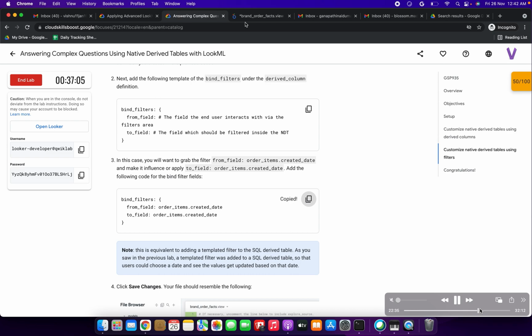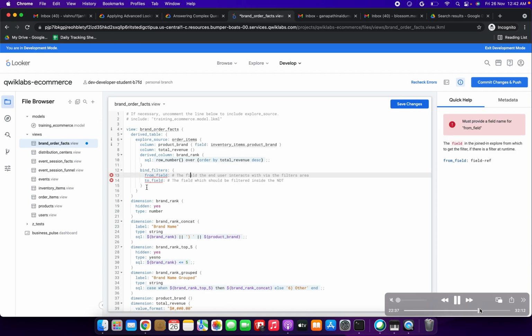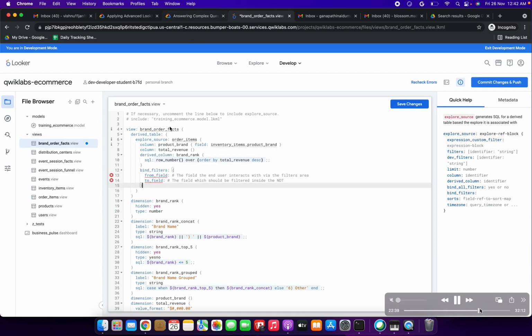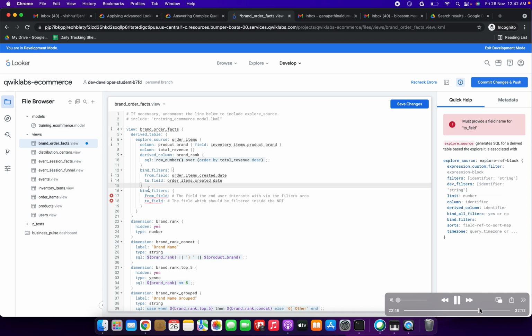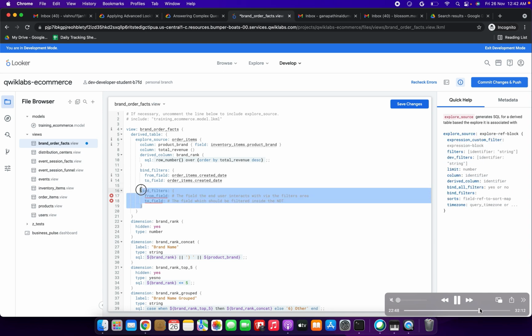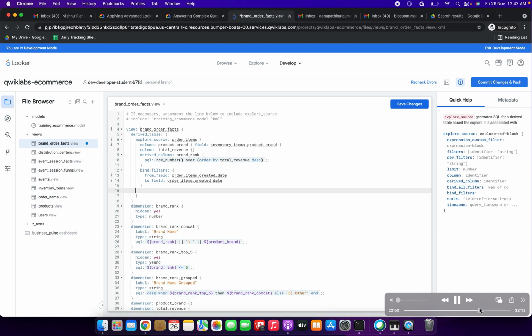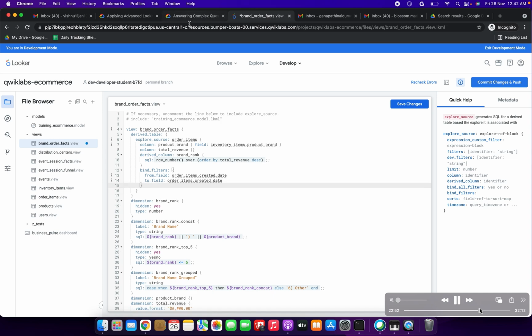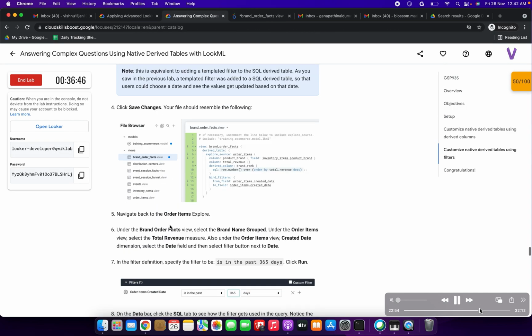This is a template, and this is the actual one they have given with a value. So I am going to replace it with this. If you are seeing bind filters from field to field, we need to update the field, right? The field and the end interface we need to update it. So this is the correct one we need to put. Just copy this bind filter instead of the template.